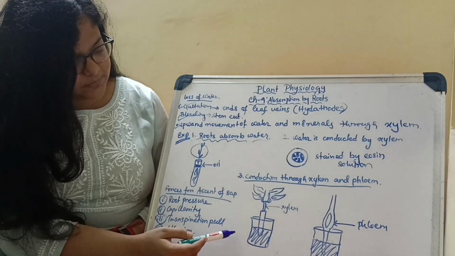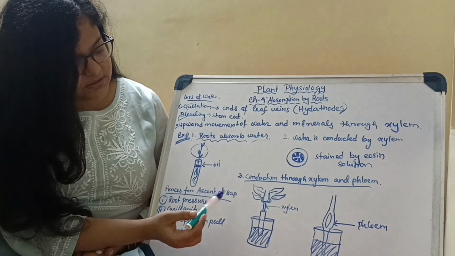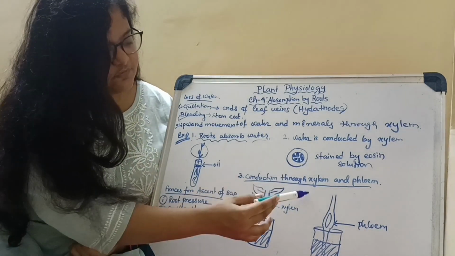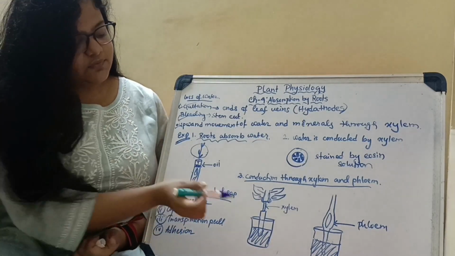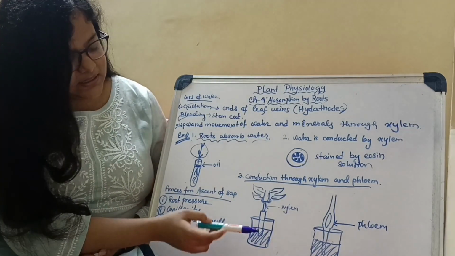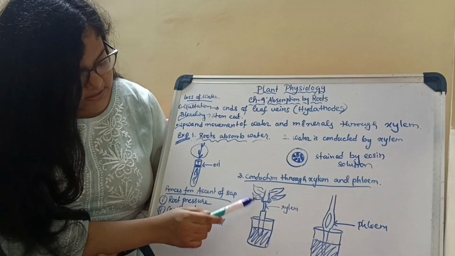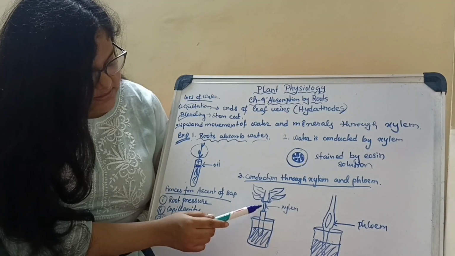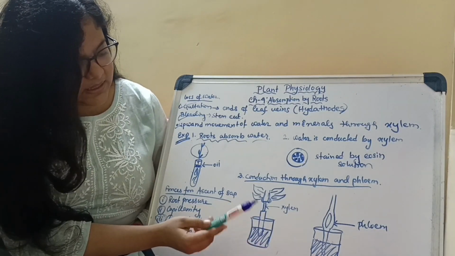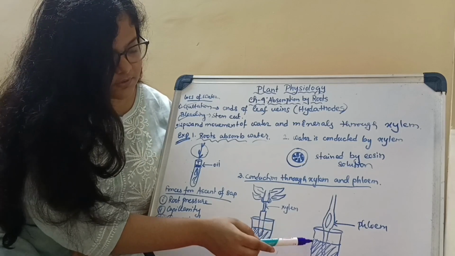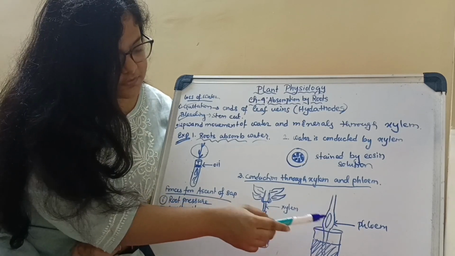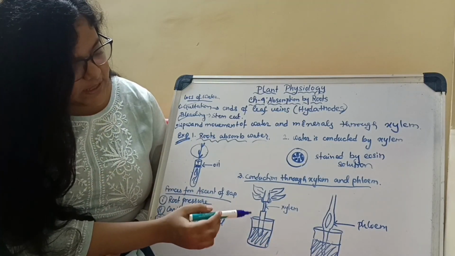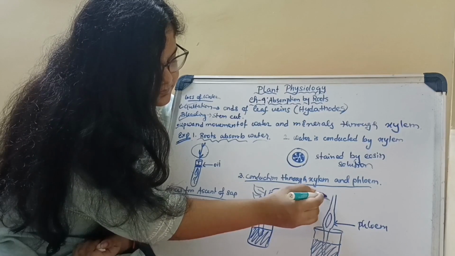Now, the third experiment is about conduction through xylem and phloem. That is, xylem for water and phloem for the food. What we have done, we have taken two beakers. In one beaker, we have placed a plant where there is only xylem and no phloem, and in this one we have removed the xylem and the phloem is kept intact. Now what happens is that